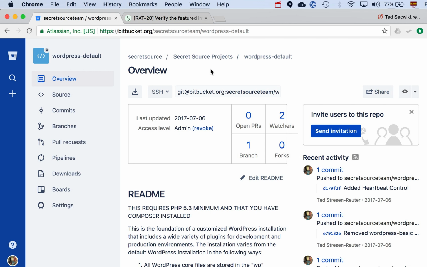It's basically a Composer package. And if you don't know what Composer is, I'll show you in a minute. It allows us to quickly create a WordPress installation that's been tuned for development in general, and with Secret Source in particular. The first thing you need to know is that you will not be cloning this repository, you are simply downloading it. So all you need to do is go here to Downloads,